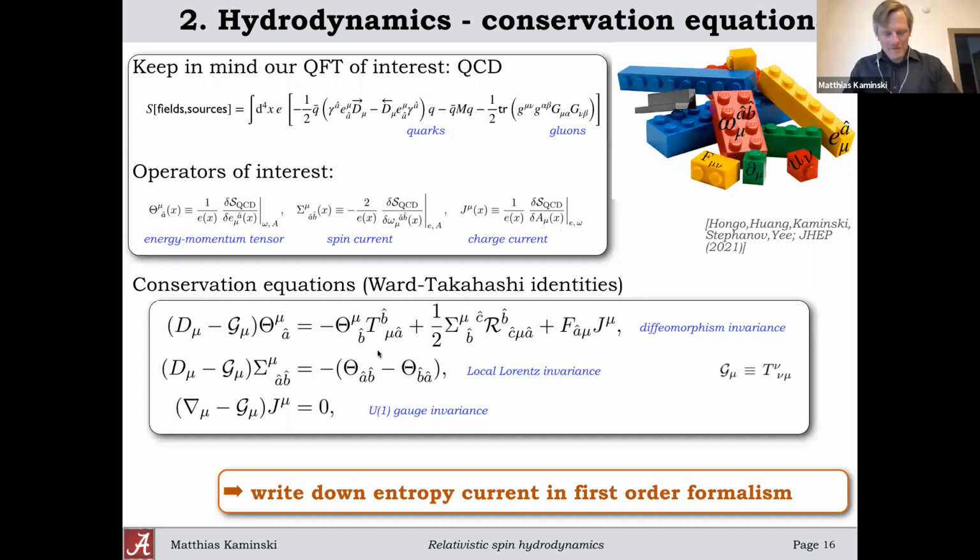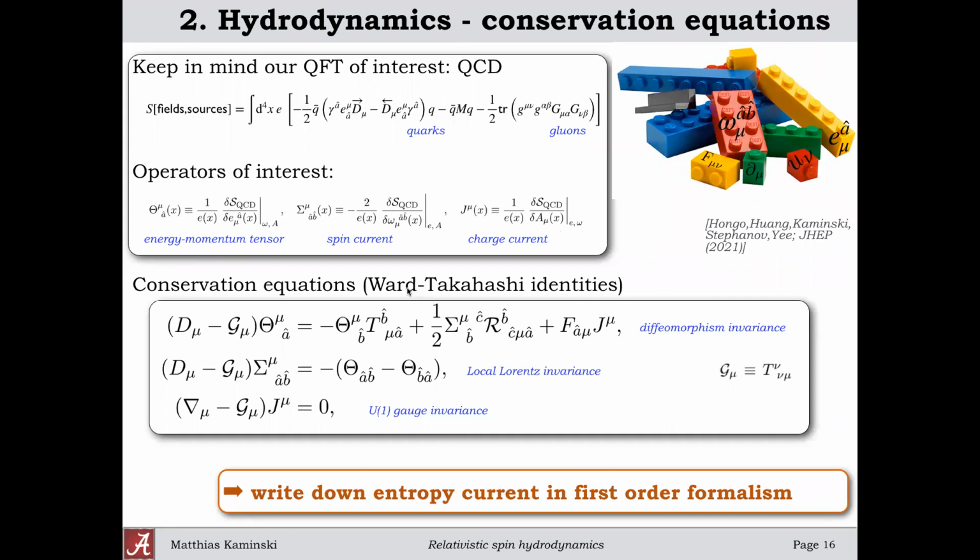Okay. Sorry guys, I see I'm at 1 hour and 5 minutes, so I will try to get to the point here. Conservation equations, you can think of them as